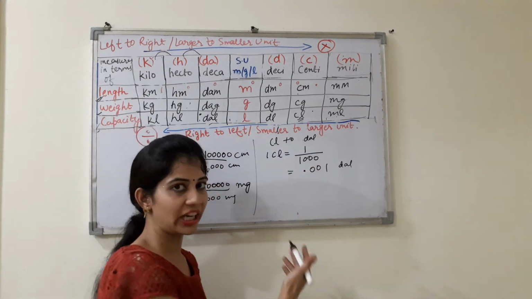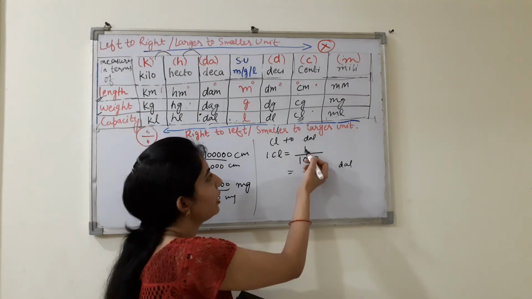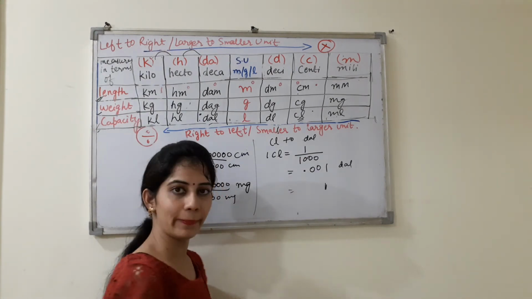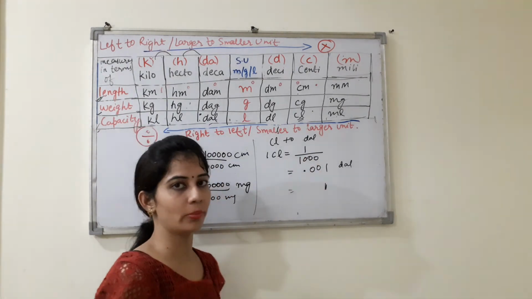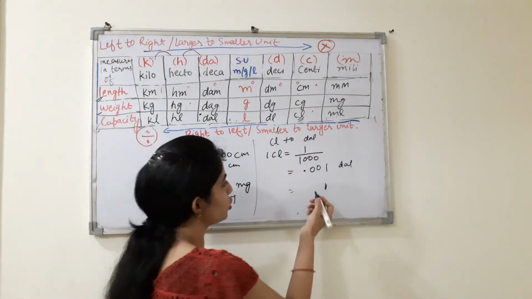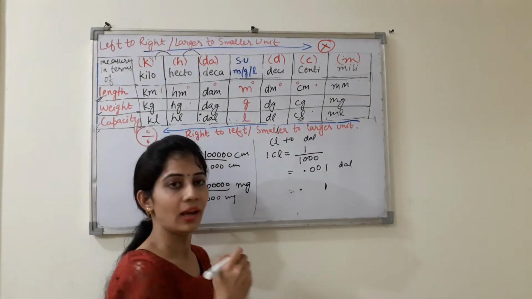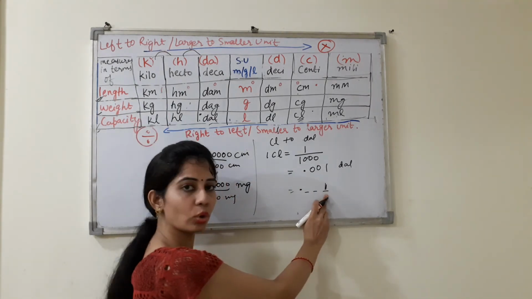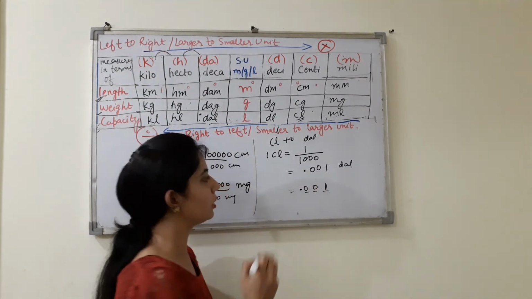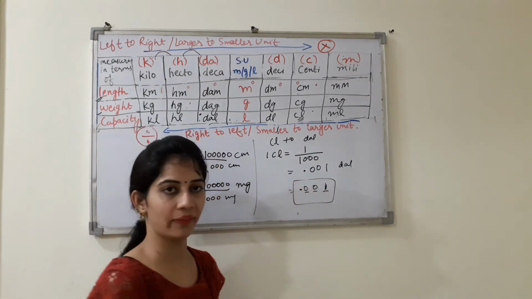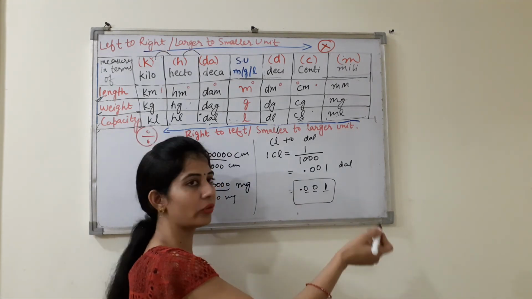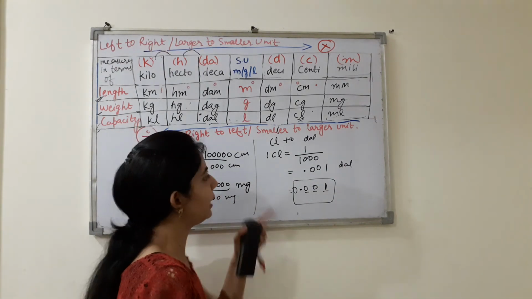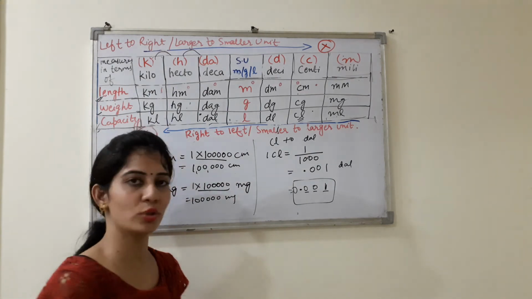Now how is it 0.001? Because we are dividing with a multiple of 10, so we will simply write whatever numerator you have first. Suppose here it was 1, so I wrote 1 first. Now count the number of zeros in the denominator, 1, 2, 3. Okay? So it means after the decimal you should have 3 digits. So 1, 2 and 3. One is already there, so it means here you will put 2 zeros. So this way we can divide. So it will be 0.001, because writing 0 before the decimal does not change the value. So it will be 0.001 decaliter.